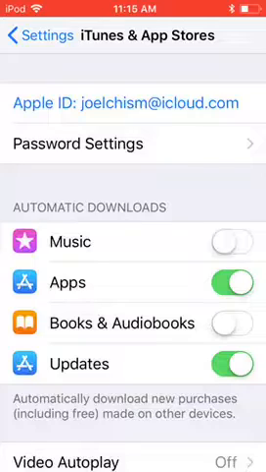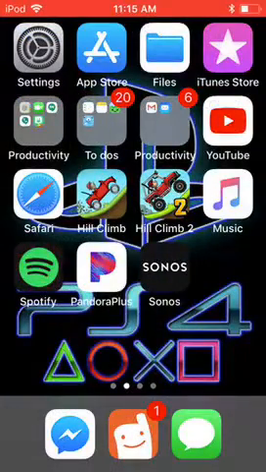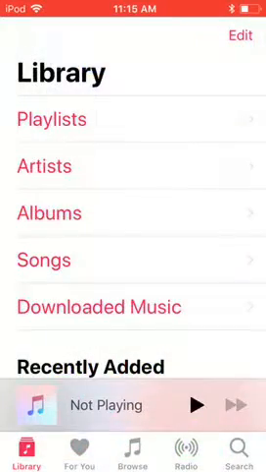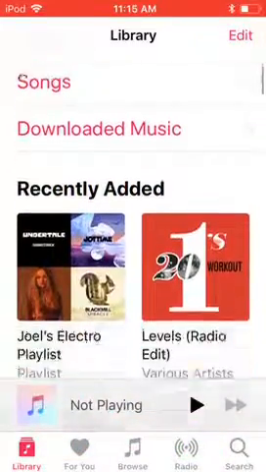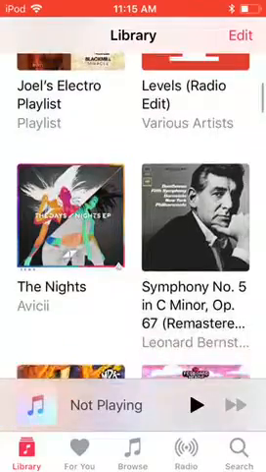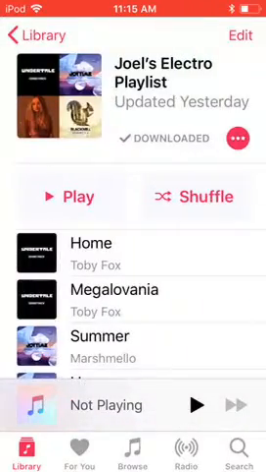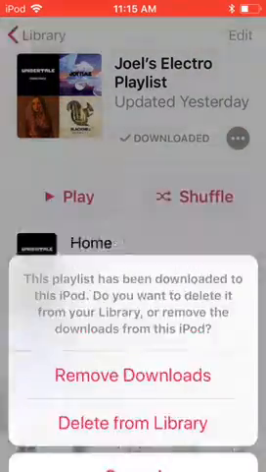So here, I will show you now how to share a playlist, if you wanted to do that, with one of the people in the family plan. Okay, so what you do is you go to Apple Music, then you go down to the playlist you want to share, and hit